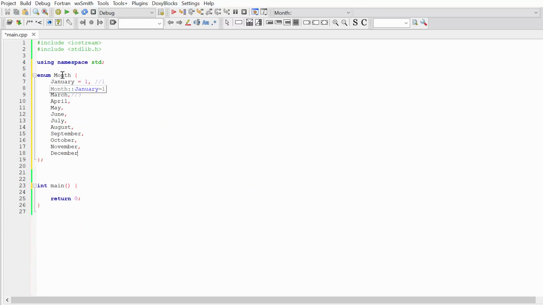In the lesson about enum, we wrote an enum Months where we listed all months of the year. Let's say I want to print the name of the month to the console as is.